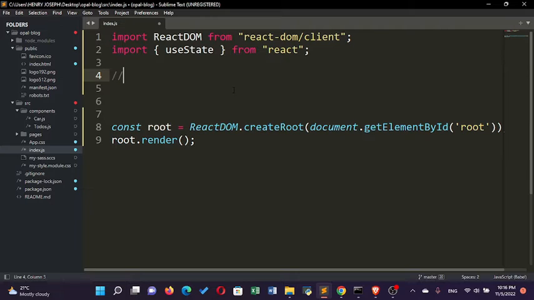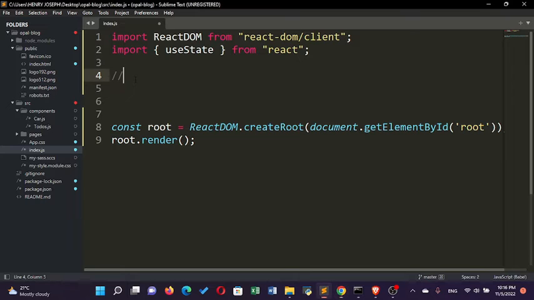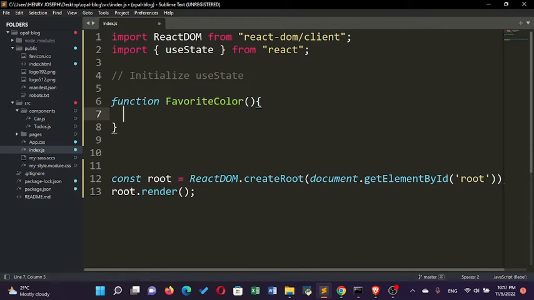So now here we're going to talk about initializing the useState hook. To initialize the useState hook, remember one of the rules of using hooks: it must be defined inside the function component. So we need to first define our function component. So say function, and then our function component, we're going to call it favorite color. Now in the favorite color, we are now going to initialize our